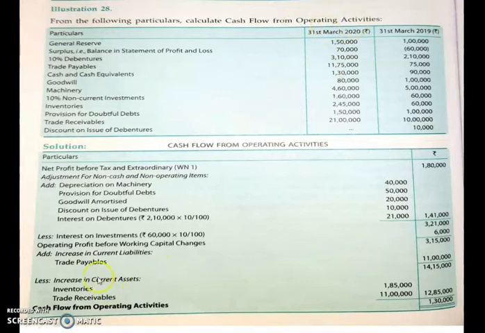As per the format, you know that the first thing you have to write at the top is cash flow from operating activity, because it is only the operating activities which are asked. So the heading or title for your solution is cash flow from operating activity. The next, as per the format, is the calculation of A, capital letter A. What was that in the format? Net profit before tax and extraordinary item,